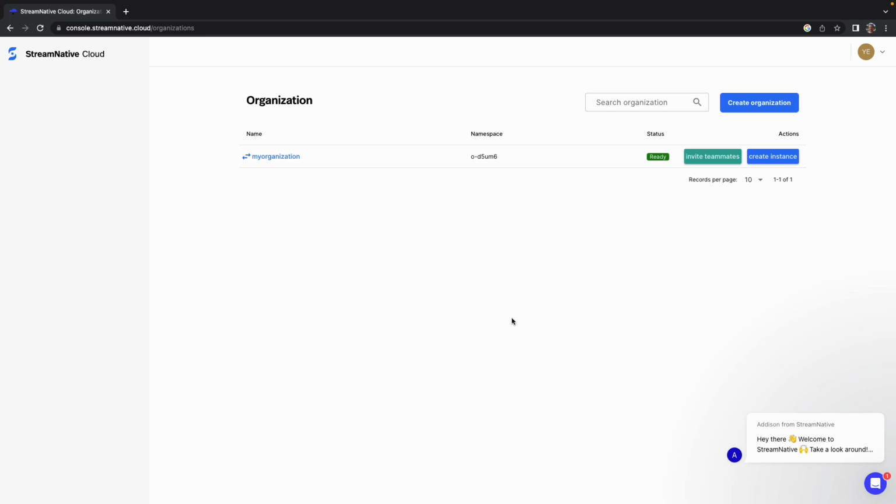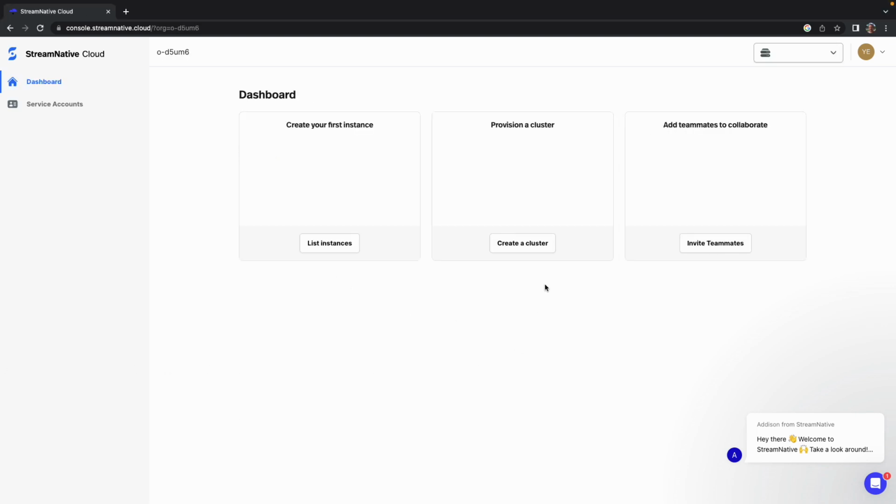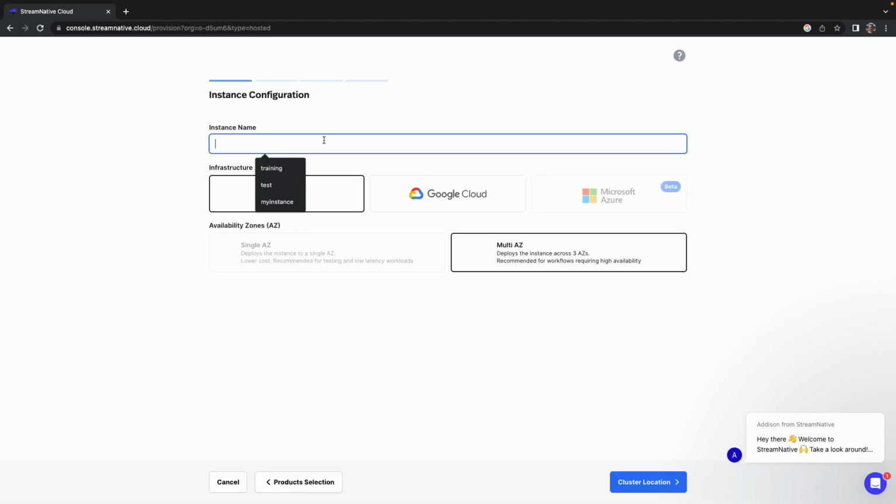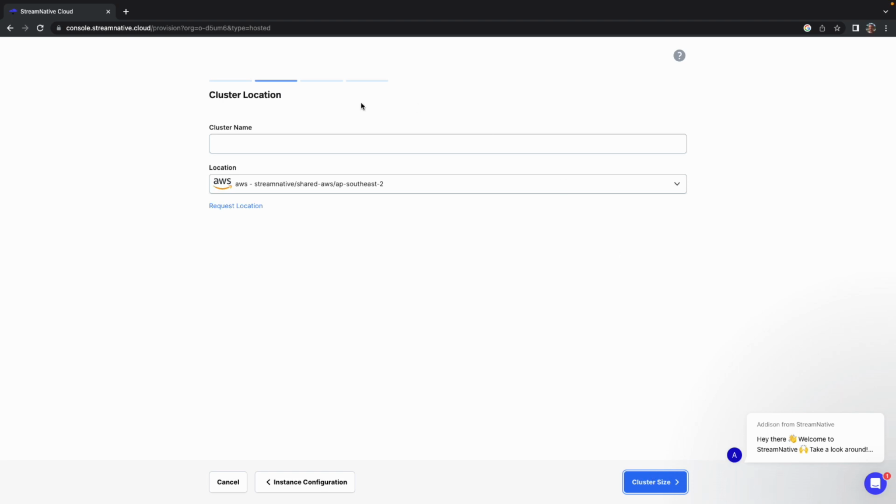Click on the name of your organization, and you'll have the opportunity to create a cluster. You'll be prompted with the options of hosted or managed, and here I select hosted, typing in the name of my instance as training, using the default infrastructure, the cluster name of training, keeping the default location,